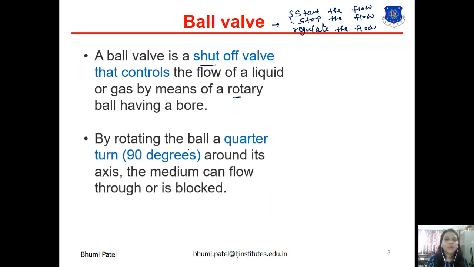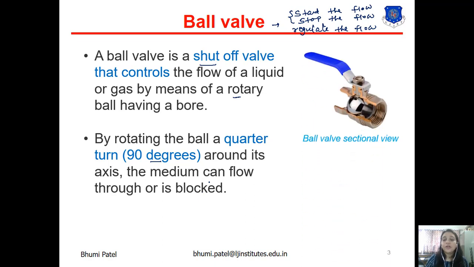So how does the ball valve work? By rotating the ball a quarter turn, which means 90 degrees around its axis, the medium can flow through or it is blocked. So this is the ball valve section view.